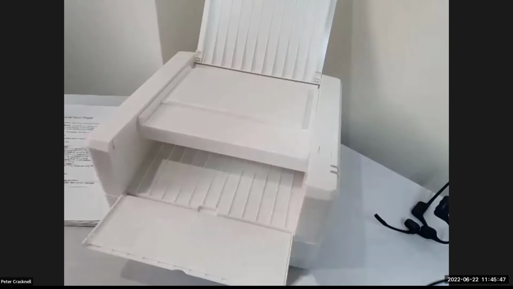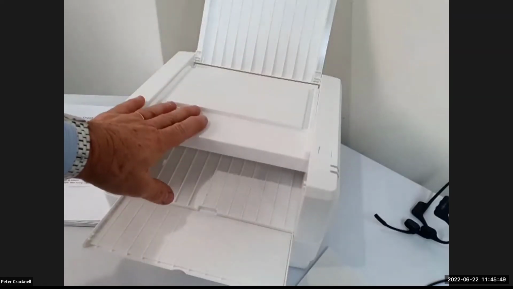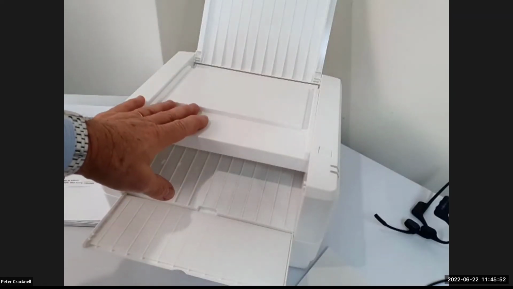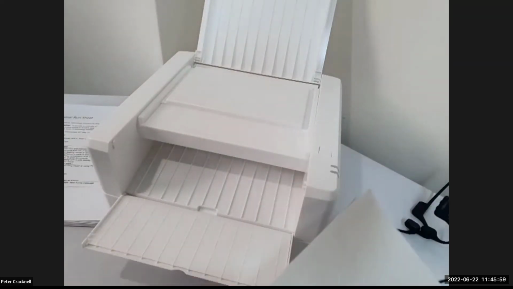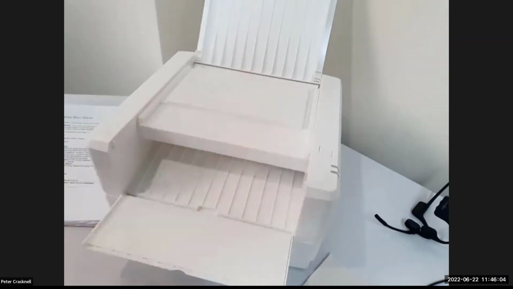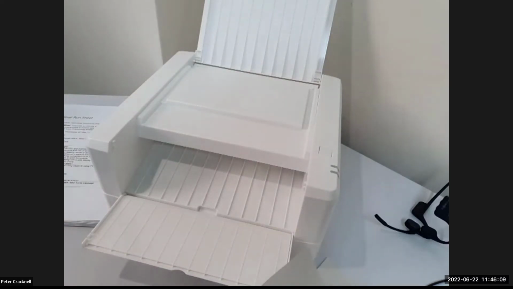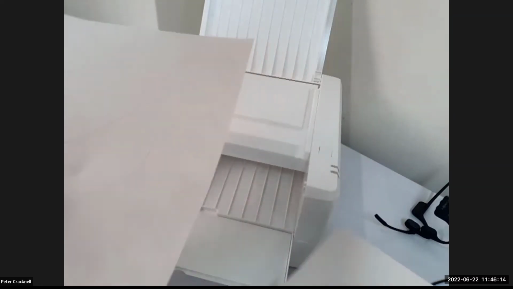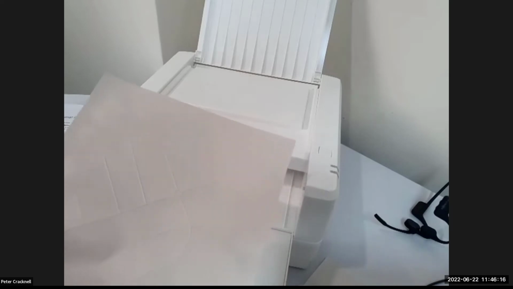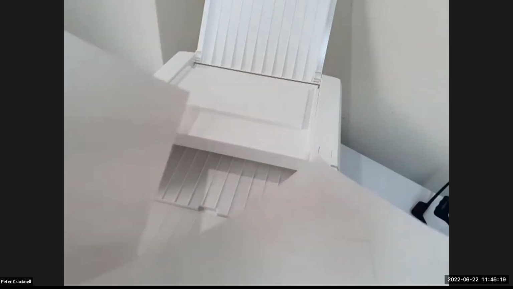The Tact Plus is a printer and connects to normal Windows computers. And for any diagram that's on a Word document or a PDF document, it can be printed onto the Tact Plus to create a raised line diagram. So we put special paper in. We go to the print menu in Word, and we just print to this printer here, the Tact Plus printer, and it generates a raised line